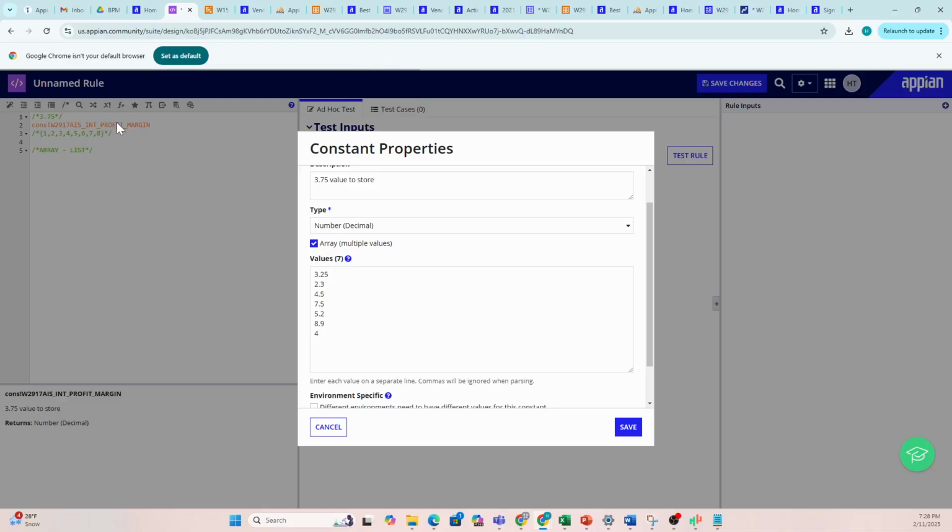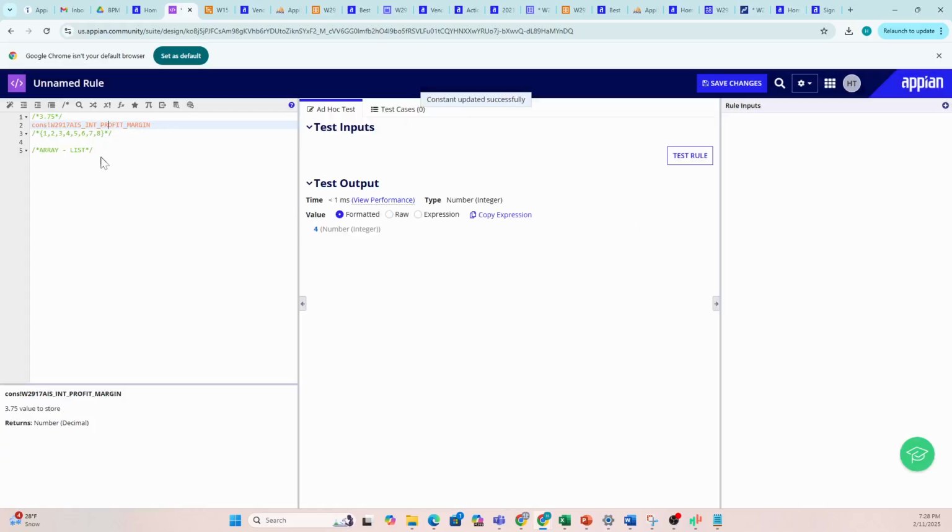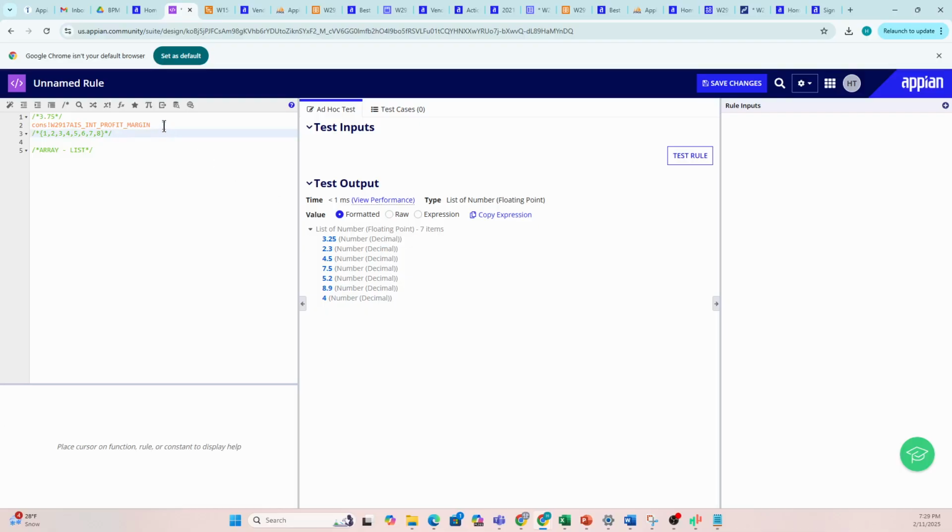on this constant. But now if I test this constant, I will see all the list of values: 3.25, 2.3, 4.5, whatever they are. So I'm going to store all that information in this. The business requirement for these 2 years is 3.25, so I can index on whatever the value is at place 1. We can index that information